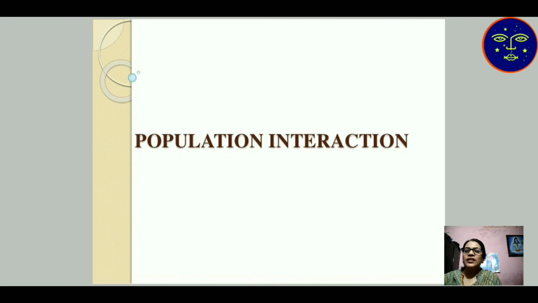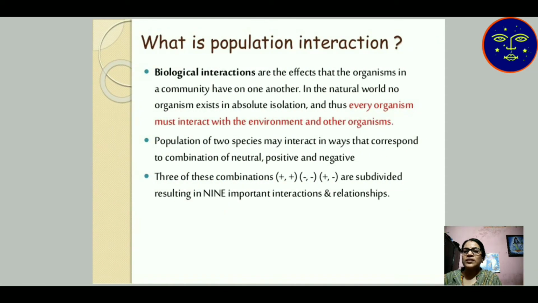Then population interaction. What is population interaction? Biological interactions are the effects that the organisms in a community have on one another. Community means all the individuals gathered in a particular habitat. In the natural world, no organism exists in absolute isolation, and thus every organism must interact with the environment and